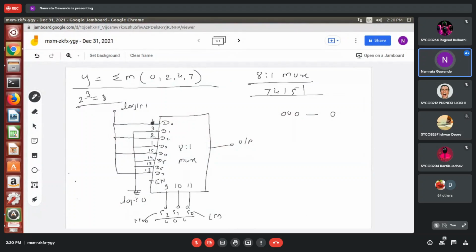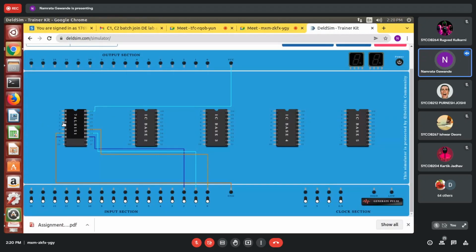I have written over here, pin number 4. So pin number 4 should be connected to VCC. First we'll make the connection to VCC, then we'll make the connection to ground. Pin number 4, then D2 means pin number 2. It should be connected to VCC. Then after that D4.